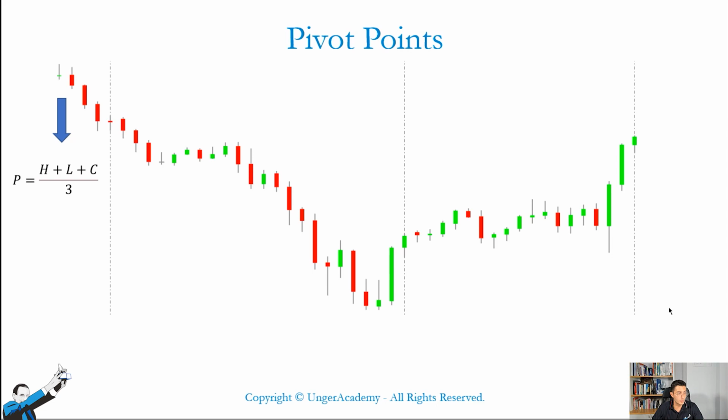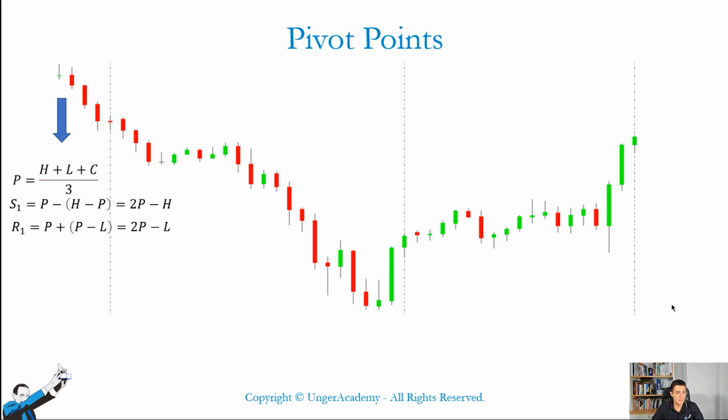As said, the pivot point is calculated as the arithmetic mean of three values, high, low, and close of the day before. And there are also two levels called supports and resistances, S1 and R1, and